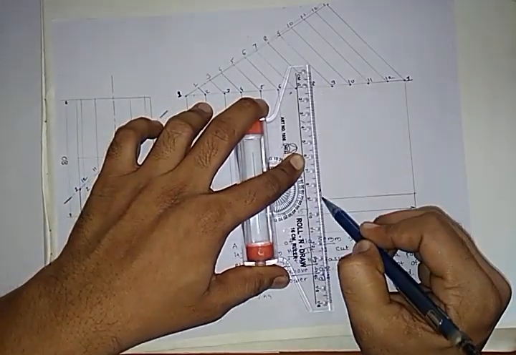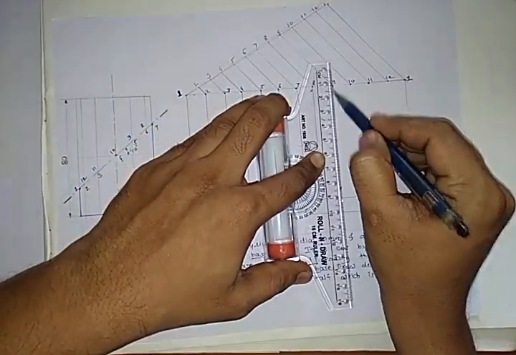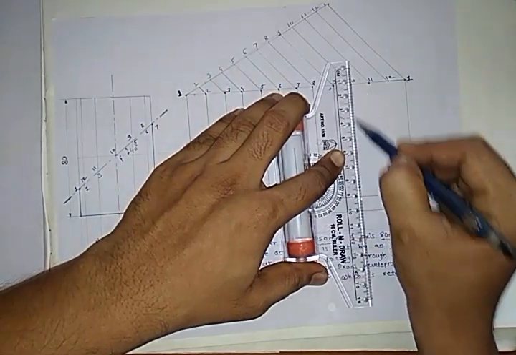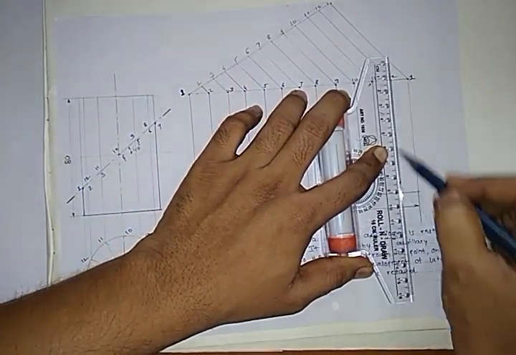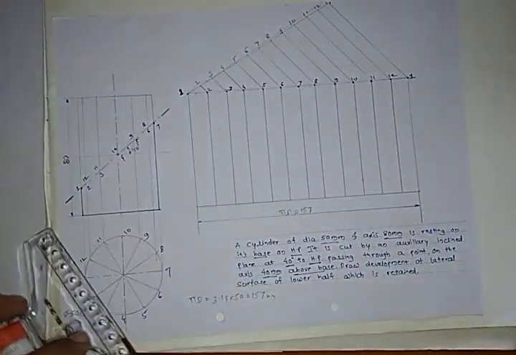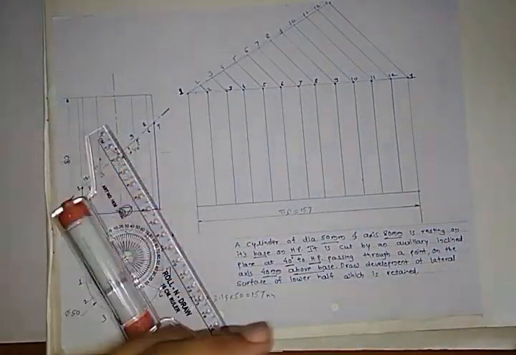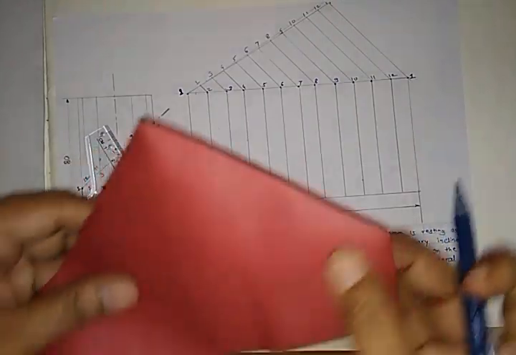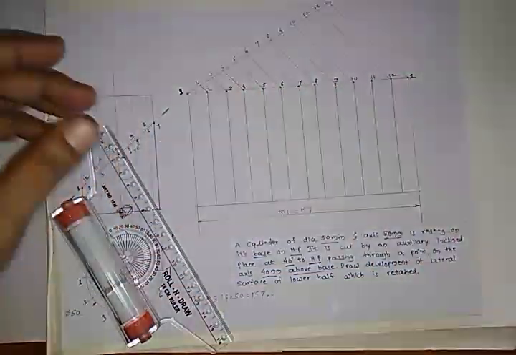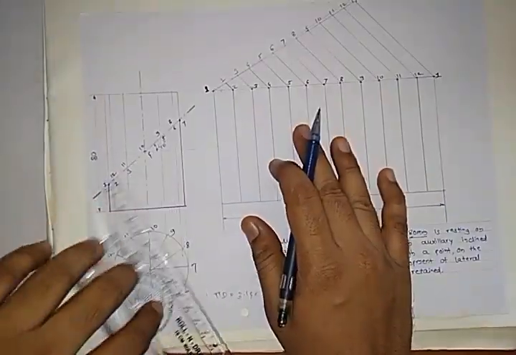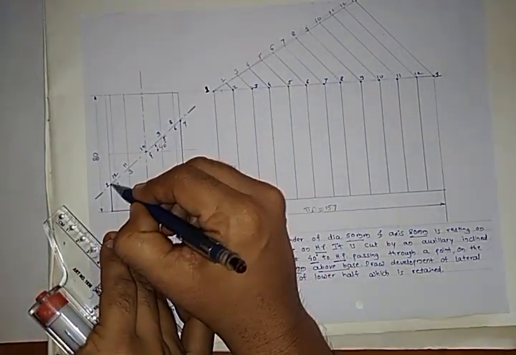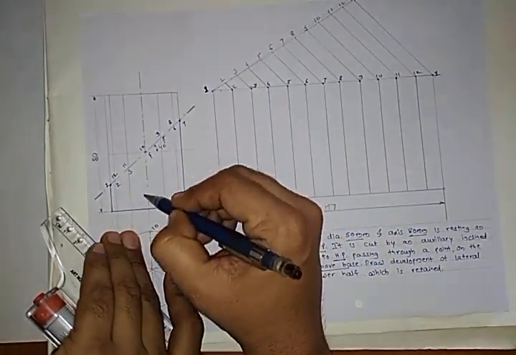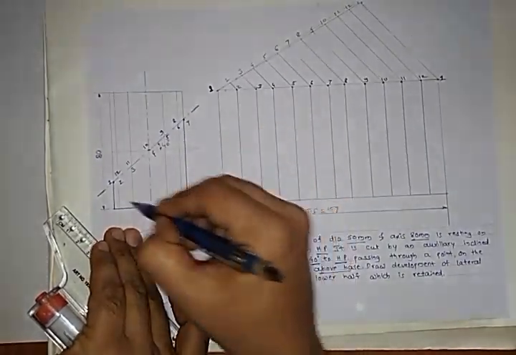So this is what we are trying to show, that developed surface. Now we need to show the development of the lateral surface. That is the practical that we have done. So this area we need to show in this rectangle now. So how can we show it? In this front view we have cut that rectangle and we are getting this retained area. Okay, so this is related to the base.